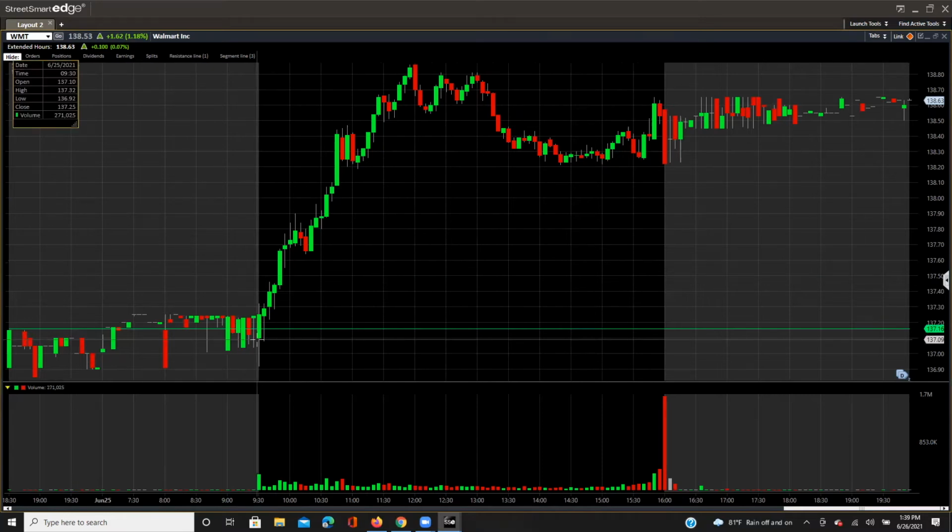We see price open up at 137.09, and price moves all the way up to 138.85. This is about a $1.85 or $1.75 move. So the previous move was of about $1.40. Now this move got slightly bigger, but we can see we had a pullback in between, where